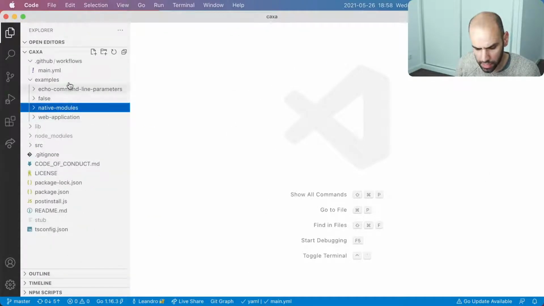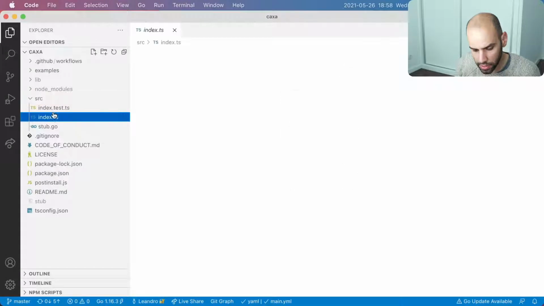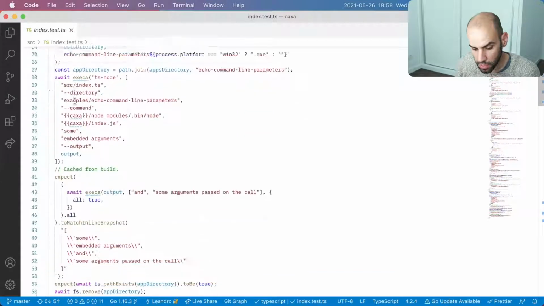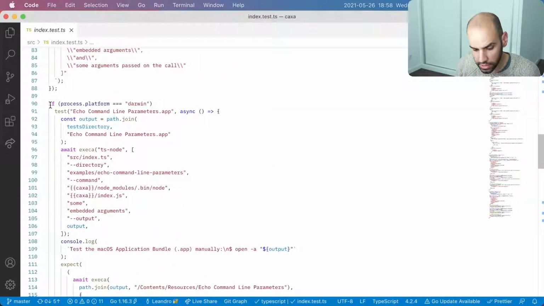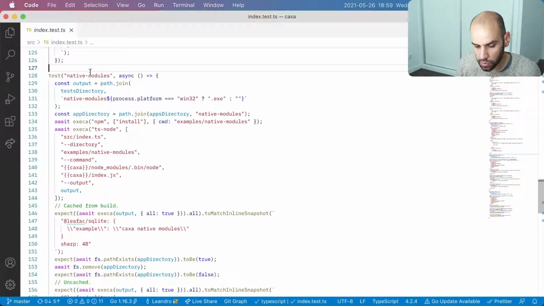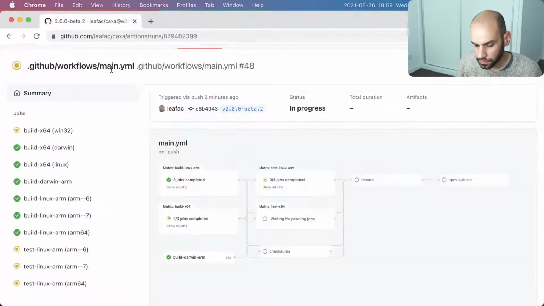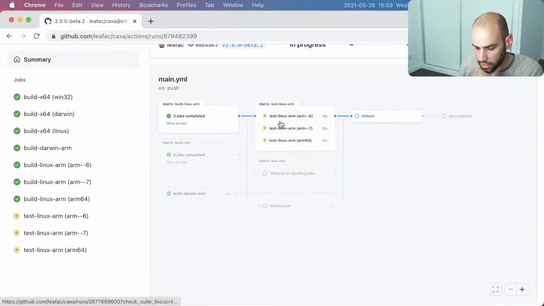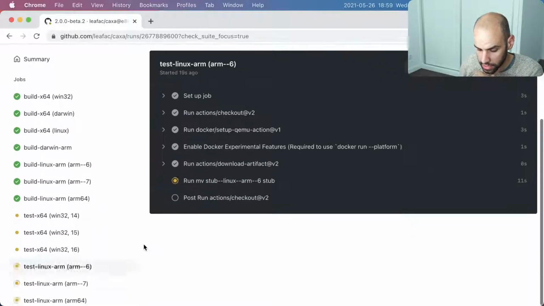So we'll see if this is slow, but I already know of a solution. We talked about this last week, and the solution is to come here to the tests and only run the tests under certain conditions, which is something we already do actually. So for instance, here we only run this test if we are in Darwin. And similarly, I think that we need to be more selective when running this native modules test. We need to look at the architecture, and if it is ARM, then we probably want to skip this test. But we'll see. We can see how long these builds or these tests are going to take.